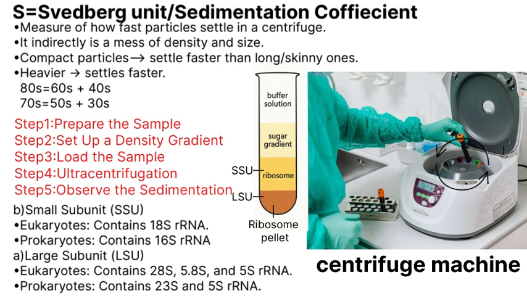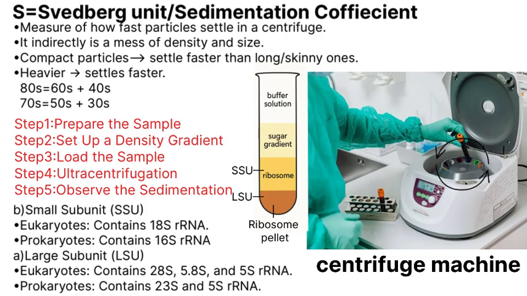In step 5, close the lid, set the speed and time on the controller and start the cycle. The centrifuge spins at a very high RPM. The spinning forces the ribosome molecules to move through the sugar layers based on their mass and density. Once the cycle is complete, wait for the rotor to stop, then carefully remove your separated samples from the centrifuge machine. After some time, you can watch the ribosomes stop at different positions in the gradient. The bigger and heavier ribosomes sink further, and the smaller or lighter ones stay higher up. This is the after-spinning diagram of the test tube.